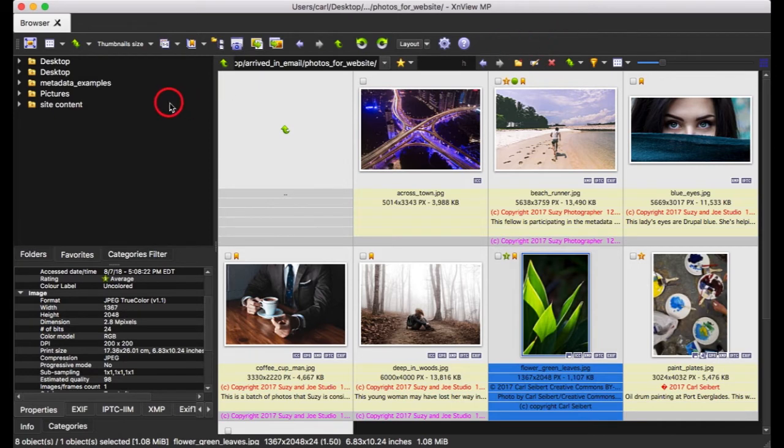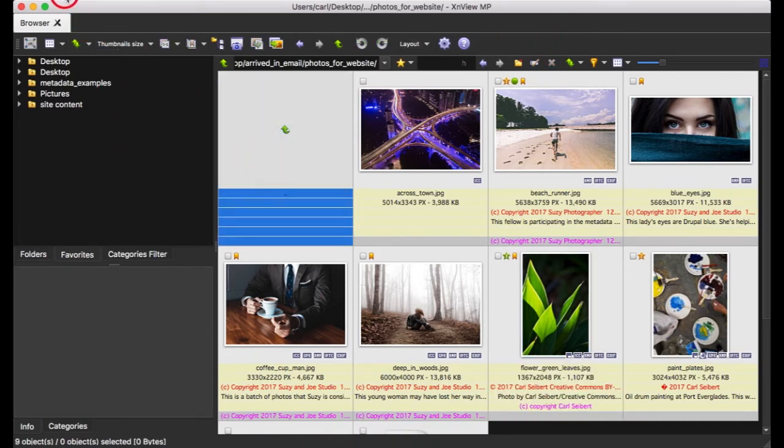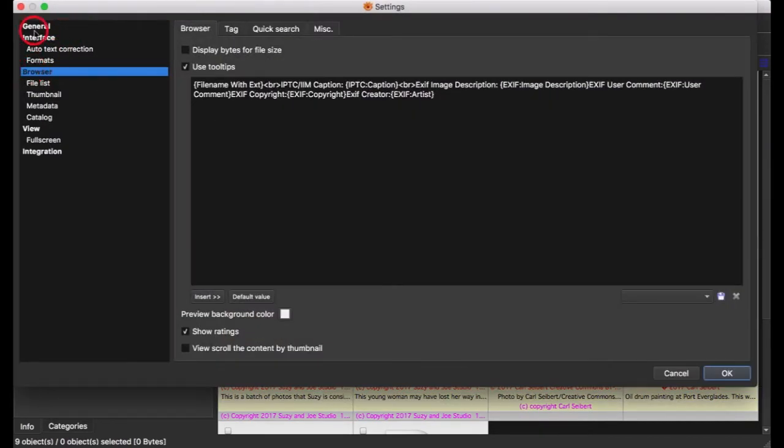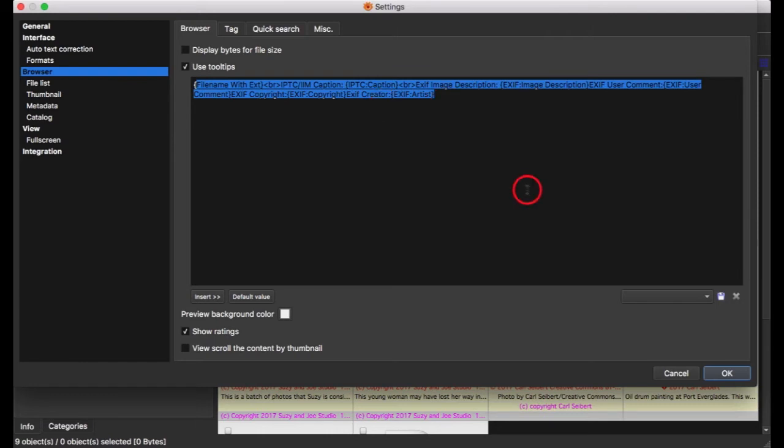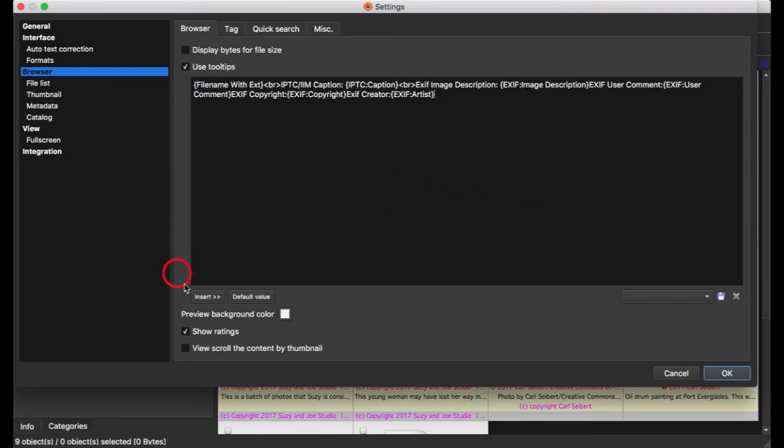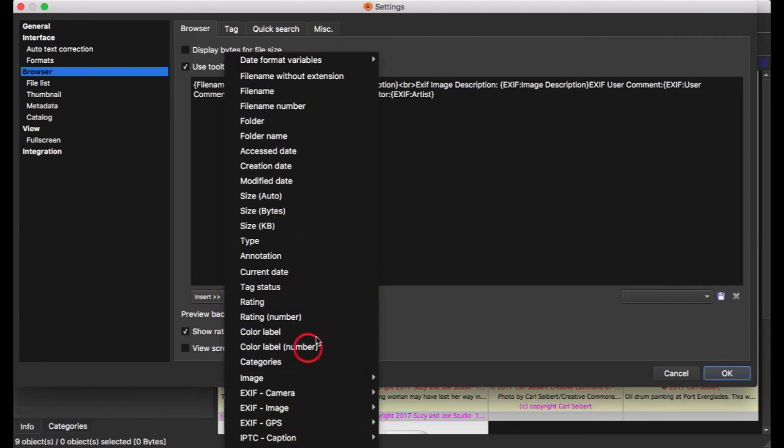So there's that. But what about the information on the slide mounts? Well, let's go to Preferences. And here we are under Preferences, Browser. We have a little tick box for Use Tooltips. And if you consider the tooltips to be annoying, this is where you turn them off or on. And you could, of course, turn them on for certain uses, turn them off for others. And you can make a tooltip in this big dialog here. And the way this works is it's variables, which you insert out of this picker contraption,